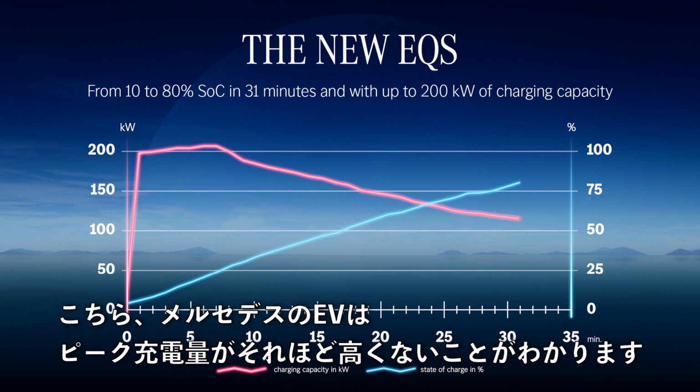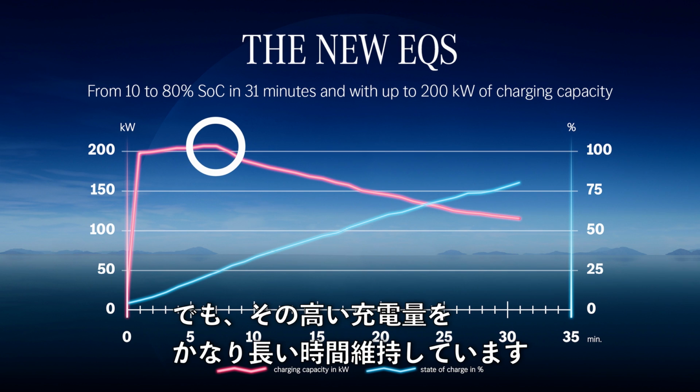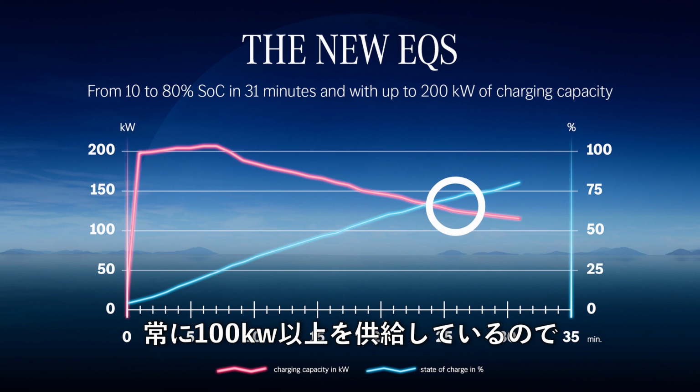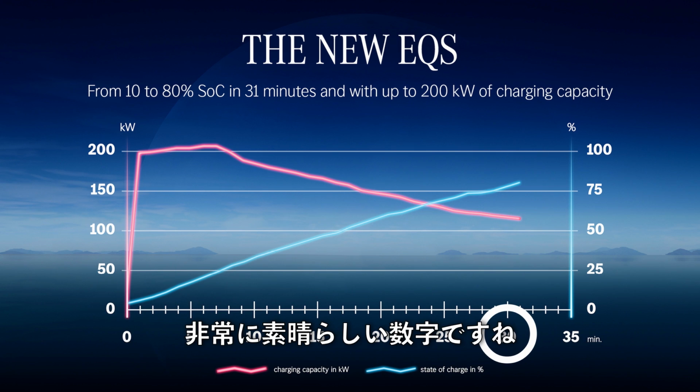the Porsche Taycan. But here with the Mercedes EQS, we can see, yes, it doesn't have the highest peak charge, so around 200 kilowatt, but then it carries over the high charging for a quite long time. So up to 20 minutes, more than 150 kilowatt, and always more than 100 kilowatt. And overall then that means that you get from 10% to 80% in around 30 minutes, and that's actually very